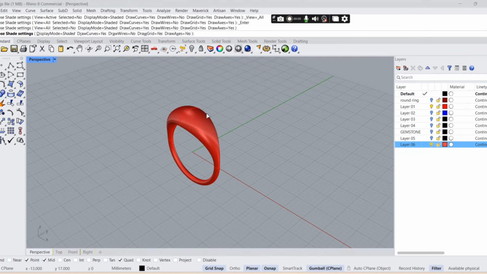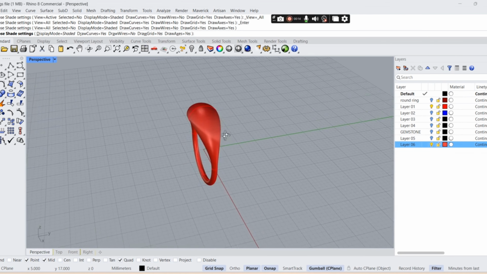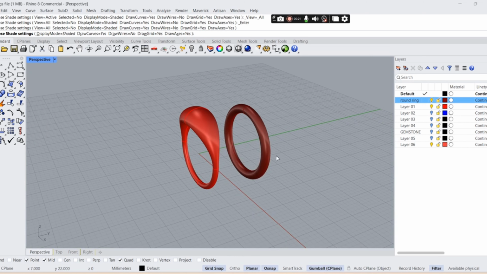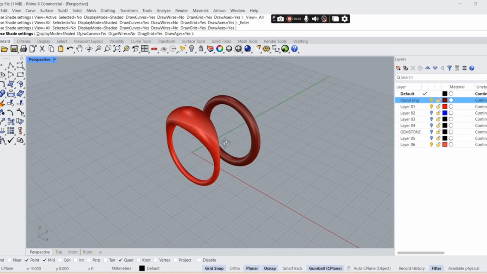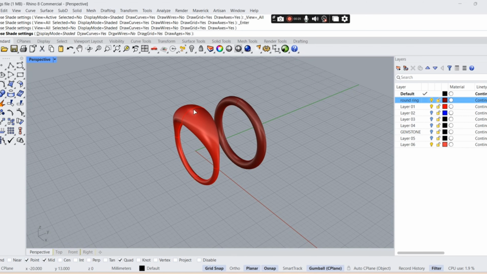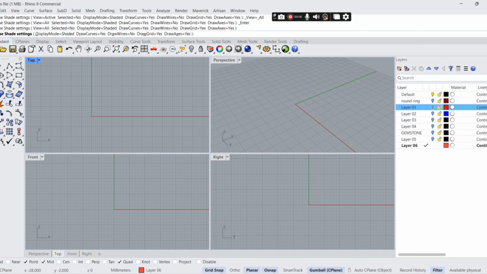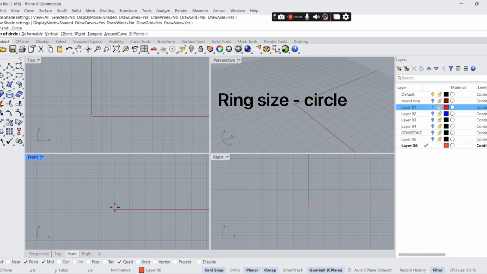In this video, we are going to model a ring using sweep 1 that has different sweep shapes. So you can have a profile that is not the same all the way around. The previous ring we created was just one profile going all the way around, whereas this one has a different profile at the top than at the bottom of the ring. So I'm going to hide this ring and model it from scratch, starting with the ring size